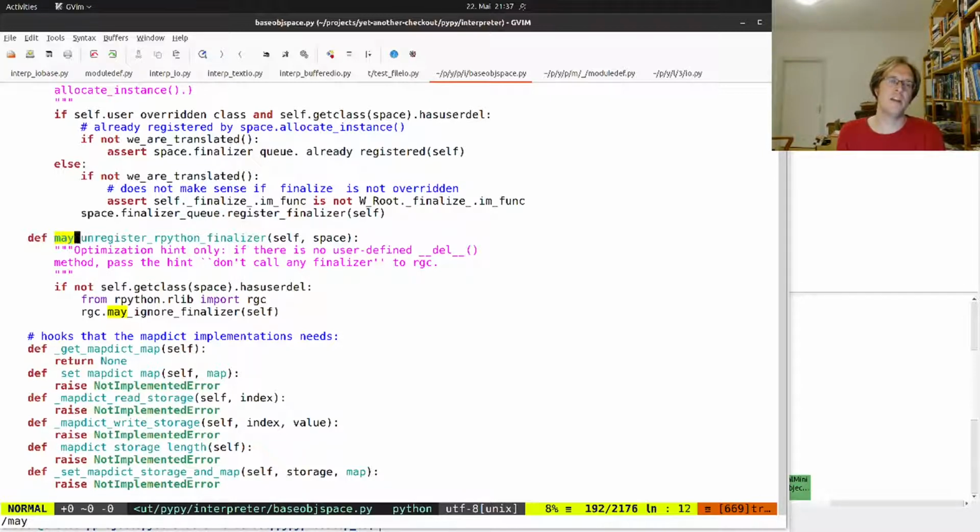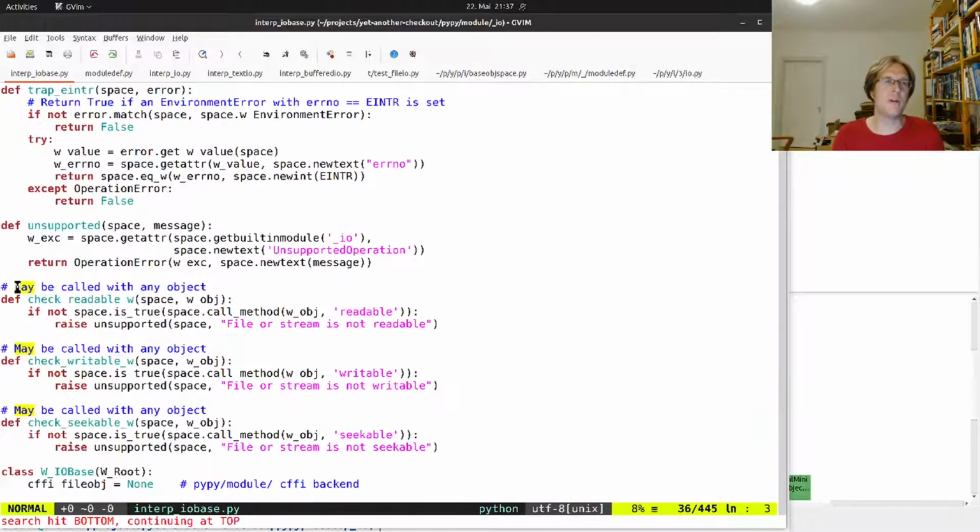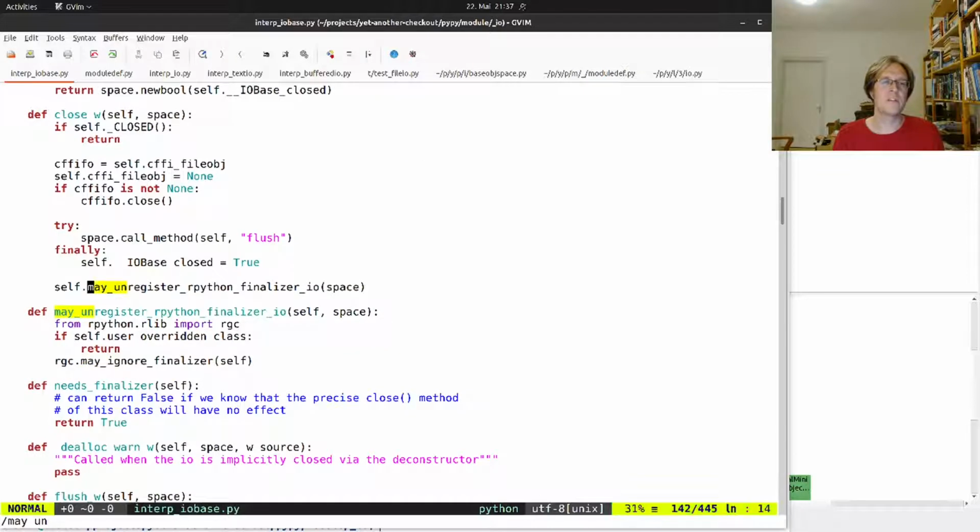It's more that you tell this method, if that is legal, please ignore it. So I don't want to globally rename it, but I don't want to repeat the slightly weird naming. So I'm going to call it maybe